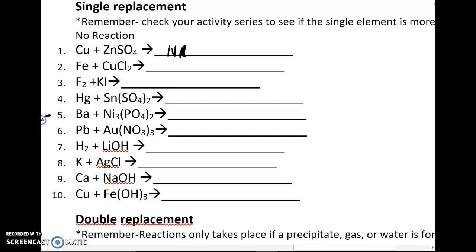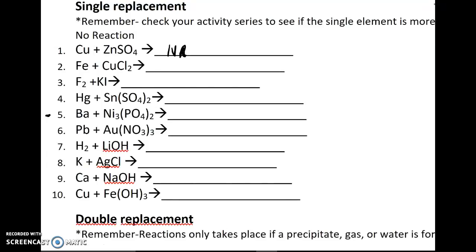Let's go down here and take a look at number 5. We have barium and nickel phosphate, specifically nickel 2 phosphate. So again, barium has to be more reactive than nickel in order for this reaction to take place. Let's look at our activity series. So barium is right here, third from the top, and nickel is down here. So barium is more reactive than nickel. So since that is true, these will go ahead and switch places. So now I'll have barium